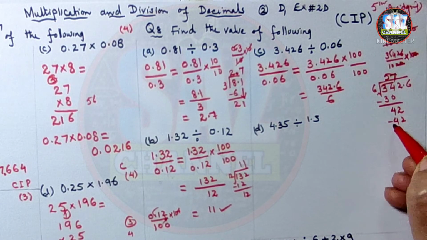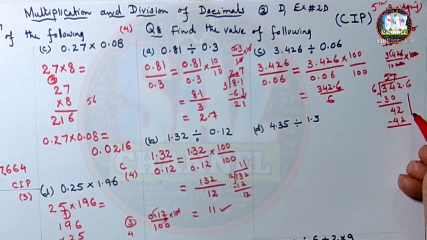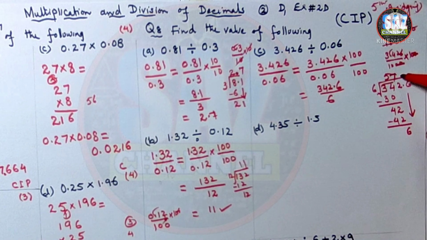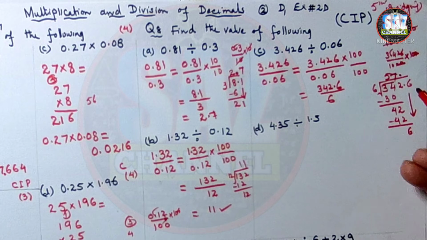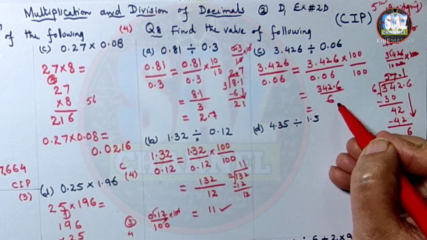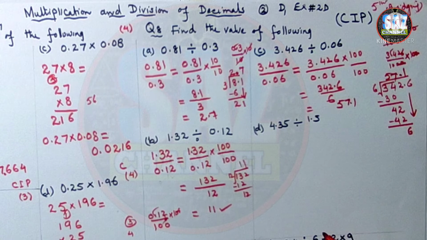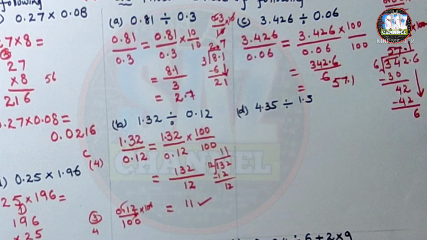42, and then after that I have to bring this 6 down, but before that we have the decimal over here, so I have to put the decimal over here in the quotient, and then 6 how many times is 6? 6 ones are 6, and this is equal to 57.1. Moving to the next question, and the next question is